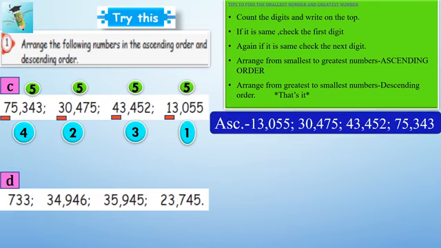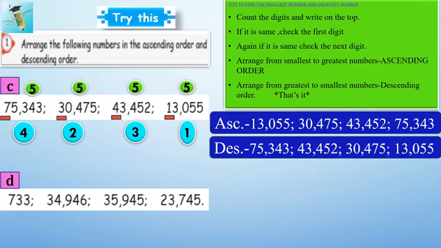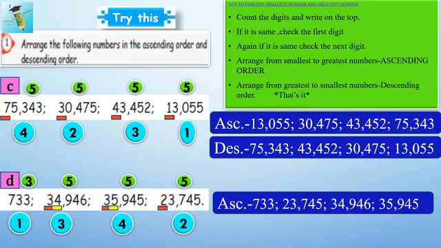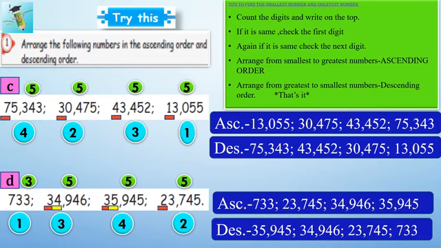From this, we are going to arrange the ascending and descending order. Just check here and D sum also. See here, 3, 5 and 5 and also 5. So first 733 is the first one. Remaining you have to check with first digit. Okay, this is the second number and among this 4 and 5. So this is the third and this is fourth. Finally we get the ascending and descending order.